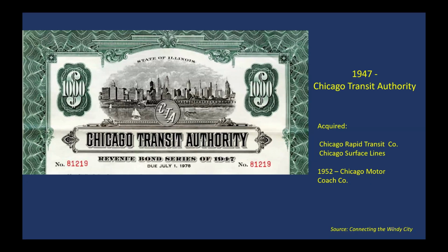And one of them was you have to take continuous steps towards consolidating the transit systems into one systematic system. And so in 1947, that finally happened. The very bankrupt Chicago Rapid Transit and the very bankrupt Chicago Surface Lines were acquired. In 1952, over the Chicago Motor Coach's objections, they were still doing pretty well, they were also acquired as part of this effort to consolidate and coordinate